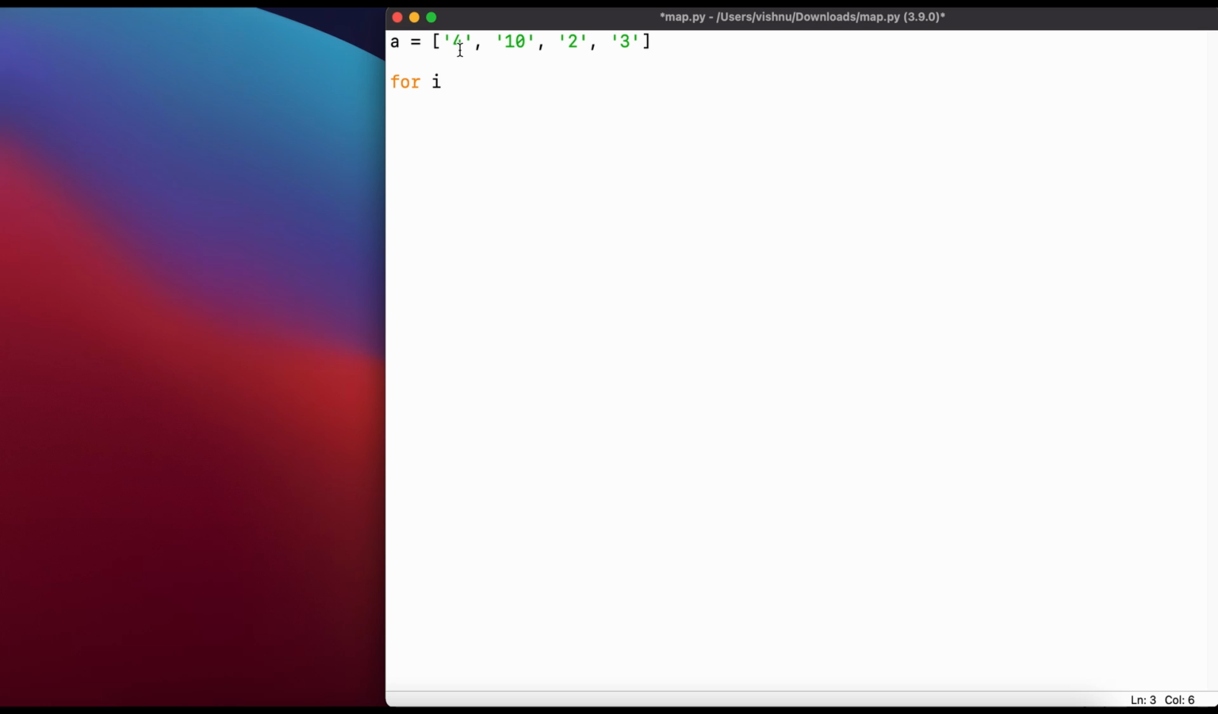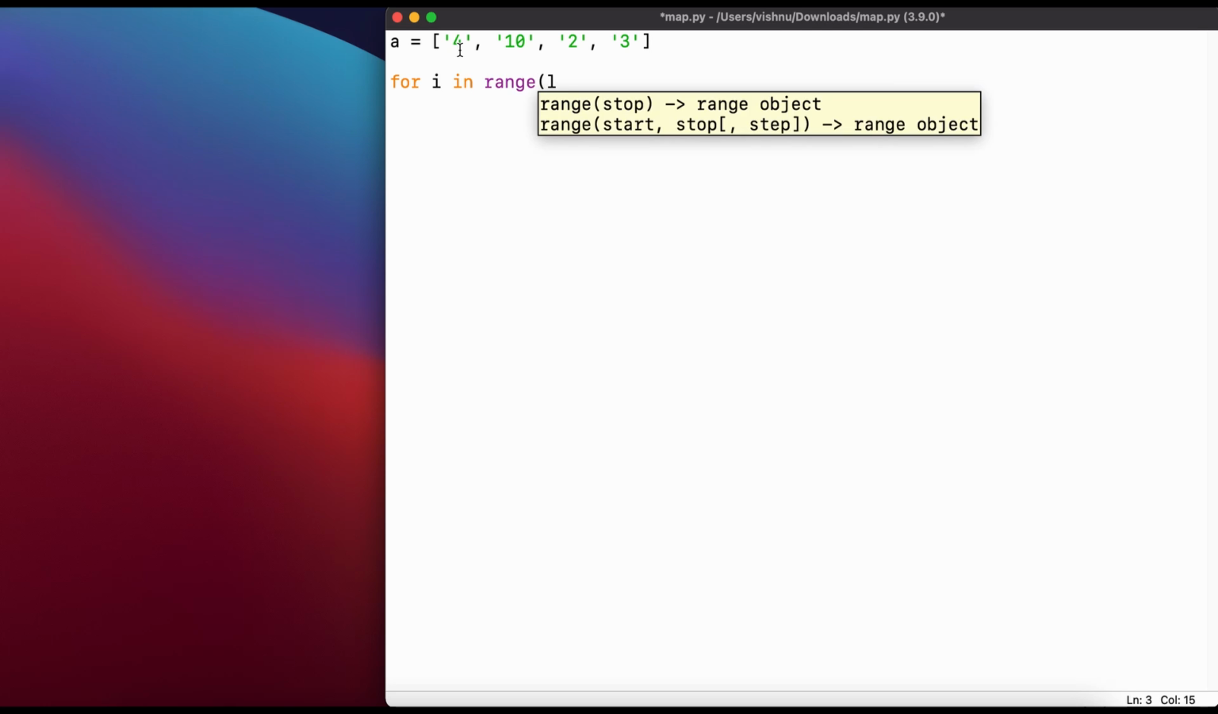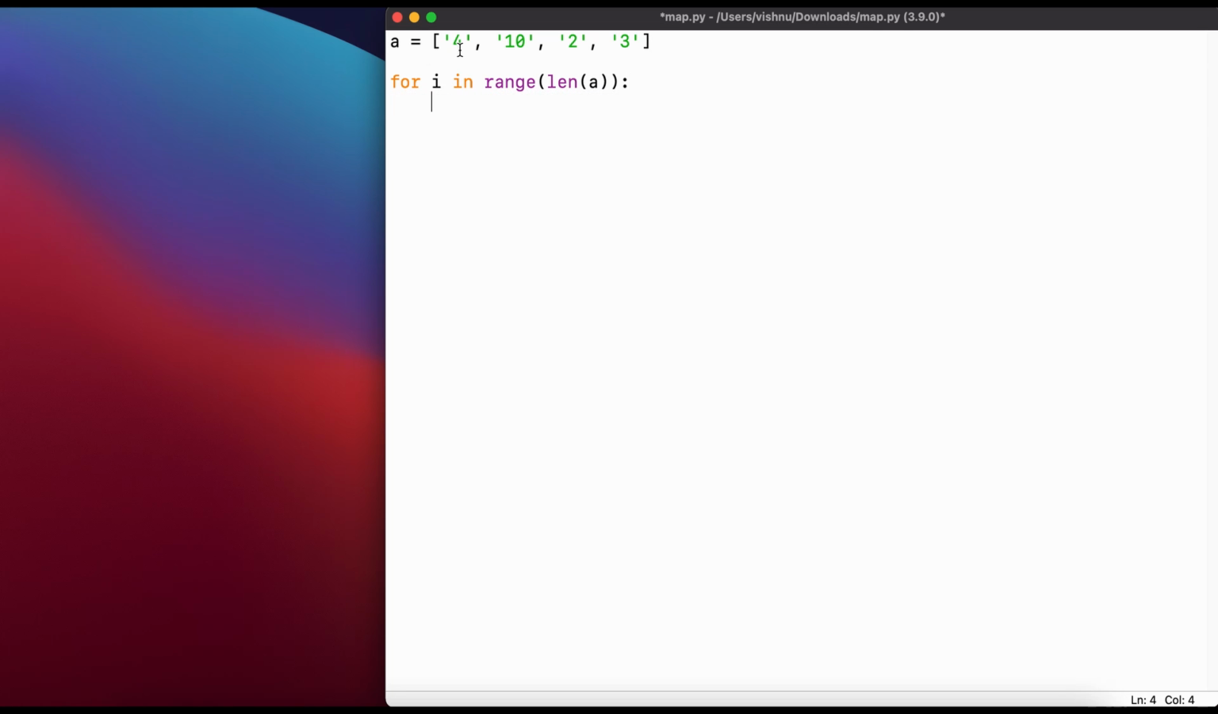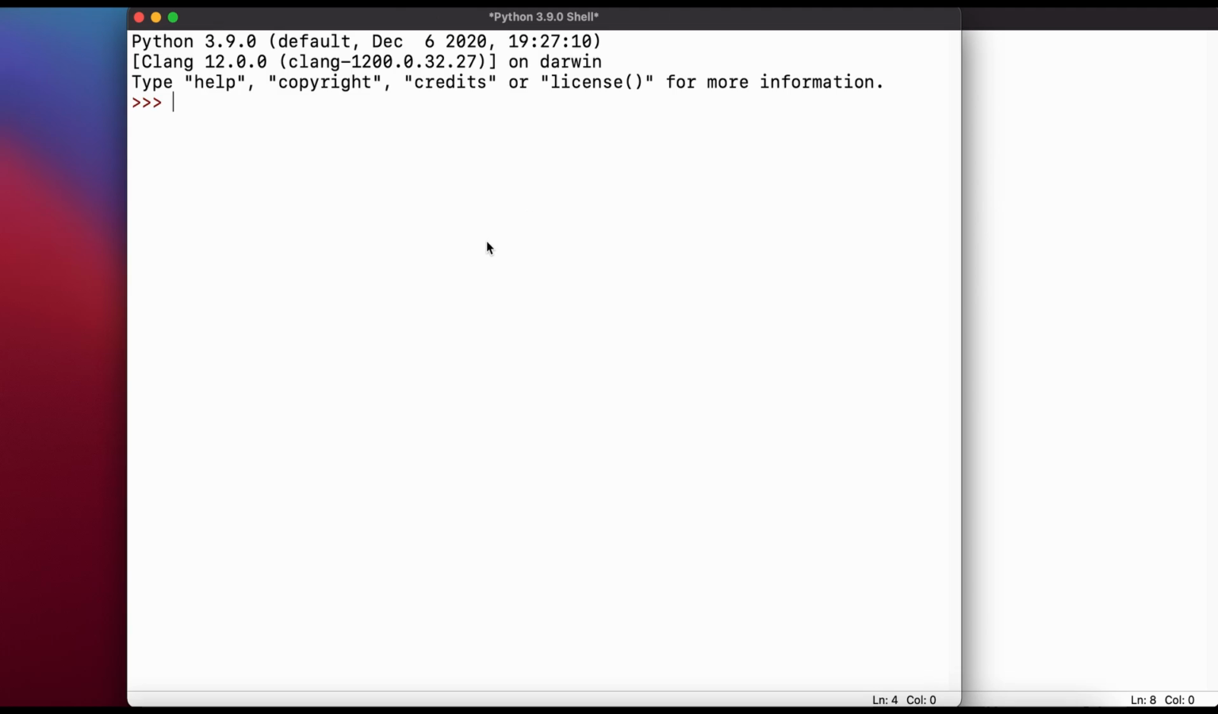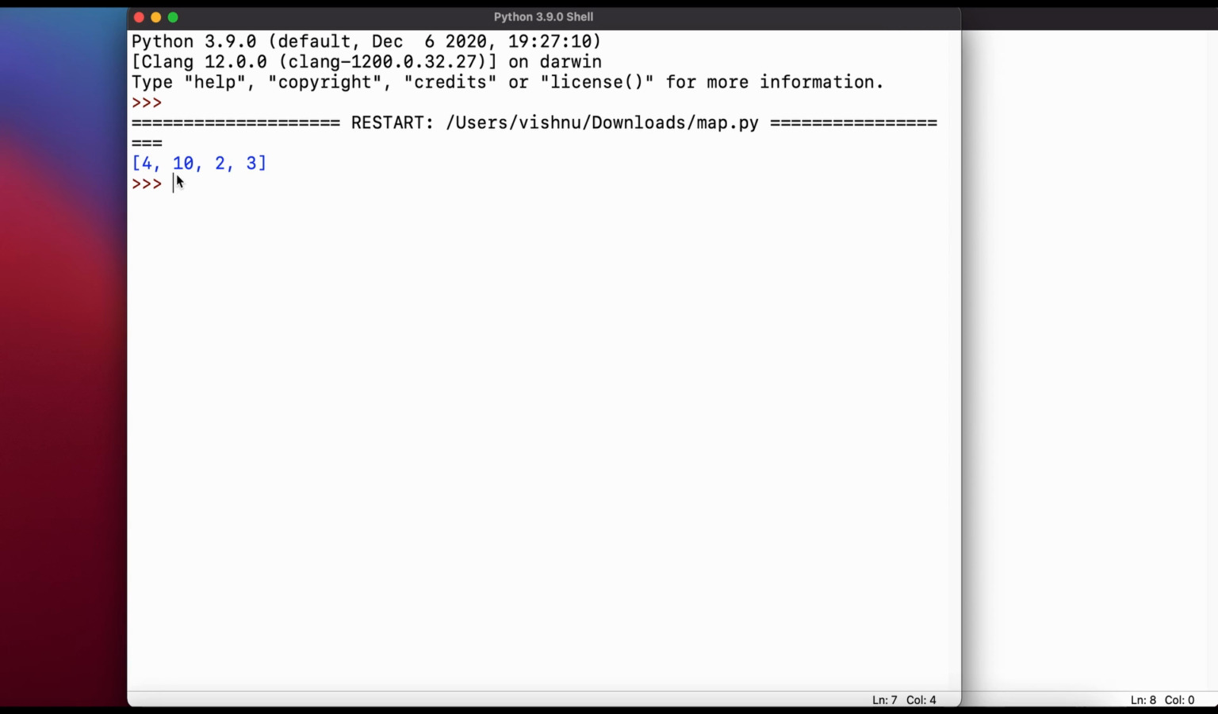So, let's just demonstrate that. For i in range length of A, we would have to do A[i] is equal to int(A[i]). And then if we just print A, we'll show you that each of these elements have been converted to an integer. So if we run this, we see that we get 4, 10, 2, 3, without quotes, meaning that each of these strings were